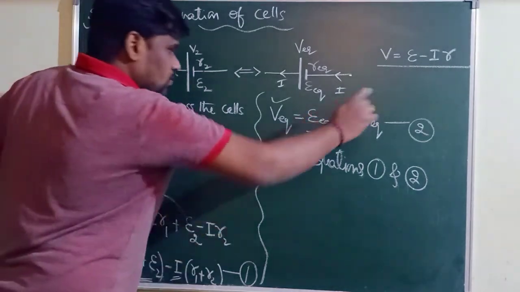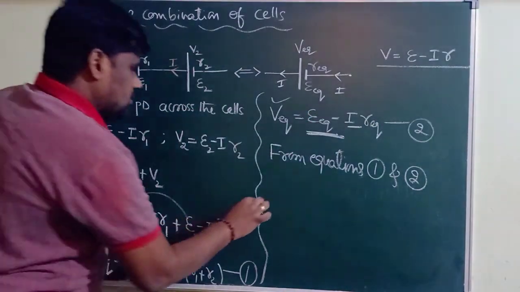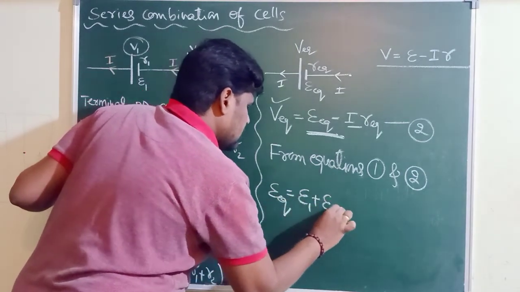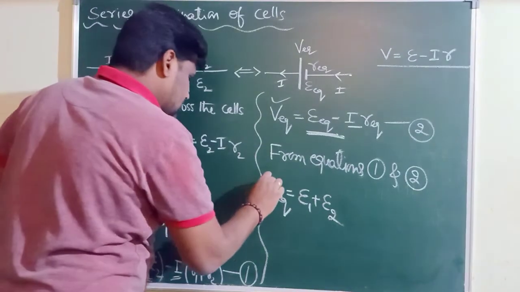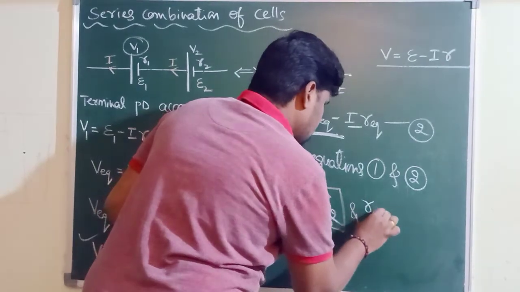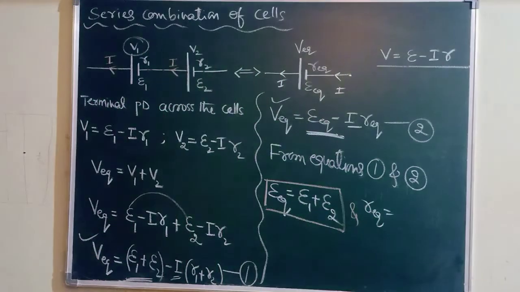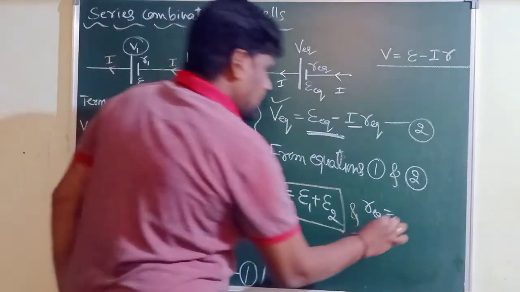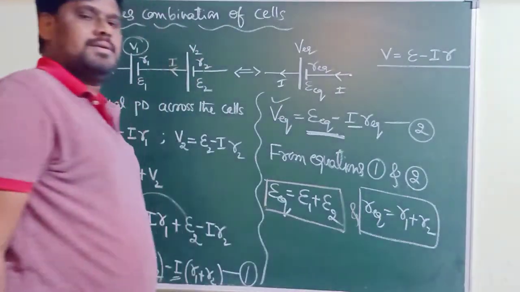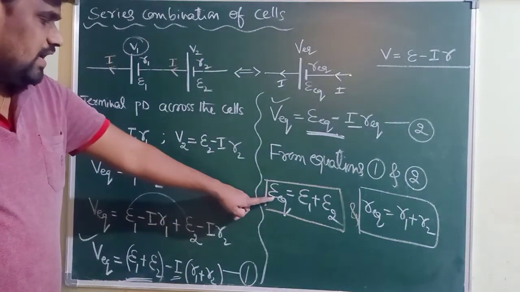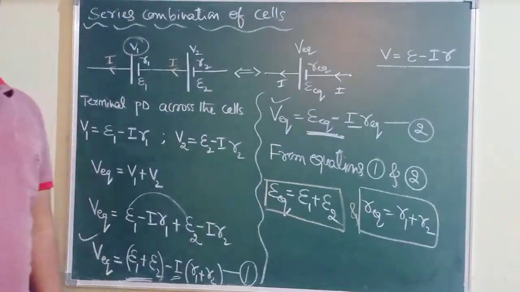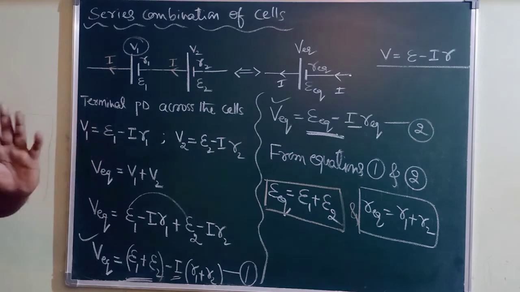Comparing equations 1 and 2, I can write E equivalent equals E1 plus E2, and R equivalent equals R1 plus R2. This is the expression for equivalent EMF and equivalent internal resistance when the two cells are connected